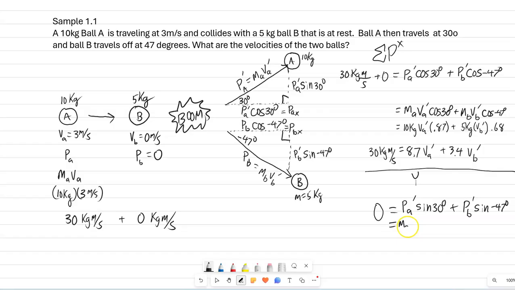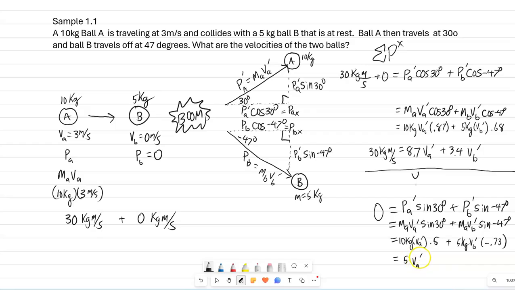So we know prime sine of 30 degrees negative 47 degrees. I can insert numbers here, and I'm going to simplify. So let me pause this. You do the same. Okay, so I inserted some numbers here. And what I can do now is simplify even further. So that's going to give us